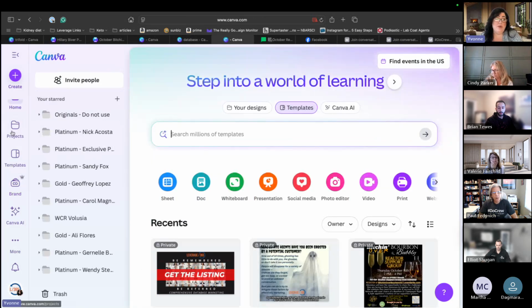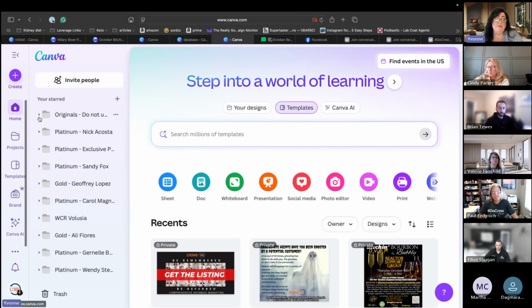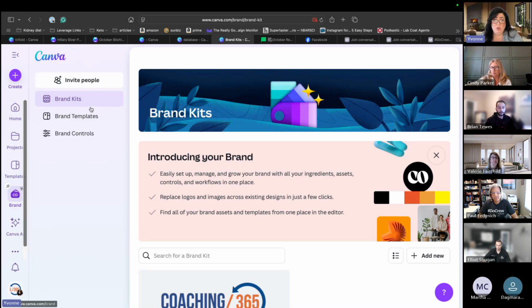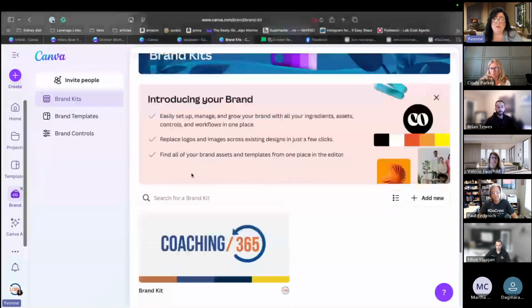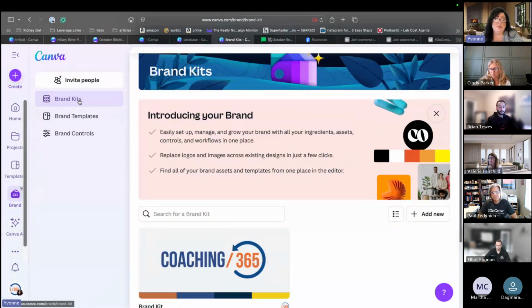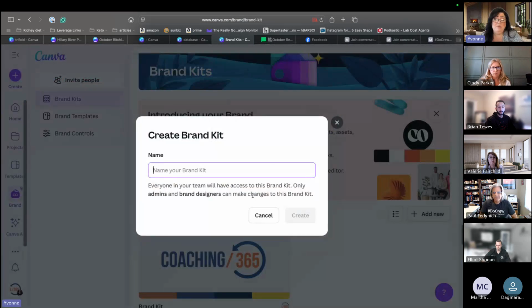Sure. Right here on the left-hand side, when you're in the main screen of Canva, there is a button that says brand, and right there: brand kits, brand templates, and brand controls. It's going to walk you through how to do so. So introducing your brand, add new, name the brand.